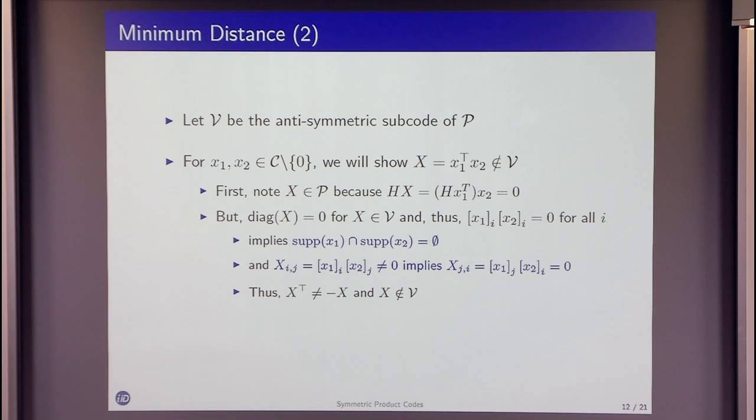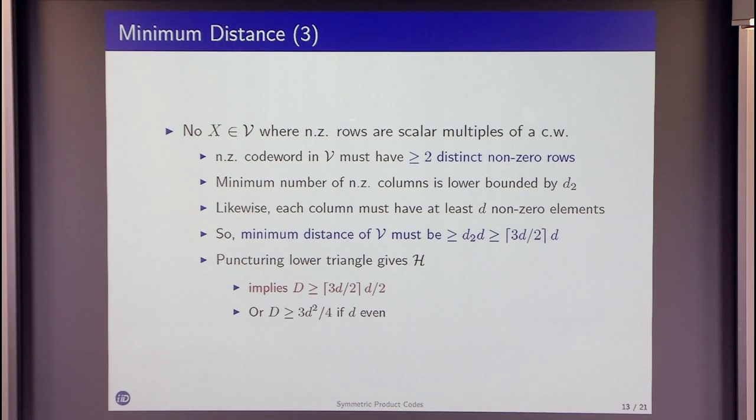So why does that matter? Well, let's think about code words of this form as essentially where you take one code word, say for your rows, and this x1 defines scalar multiples of it. So you're going to take one code word and just put scalar multiples in each row. And so it says there's no such matrix where non-zero rows are scalar multiples of a single code word. So if they're not all scalar multiples of a single code word, there must be 2 different code words in these rows. And so now we say, because there's no scalar multiples, it must have at least 2 distinct non-zero codes. The minimum number of columns is therefore bounded by this second generalized Hamming weight, so it's going to be a little wider. And so likewise,